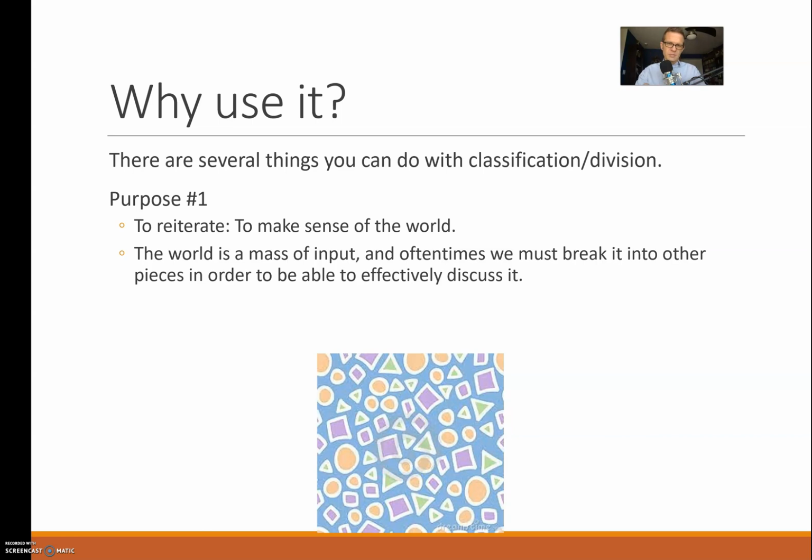I always give the thought experiment here to students when I do this in a classroom. Can we convey what that image looks like to somebody who can't see it? Yes, absolutely. And we do it by classification. There are purple squares, orange circles, green triangles. They all have various shapes and they're on a blue background. By classifying it, I have made something that is very haphazard into something simpler, that's streamlined, that I can easily